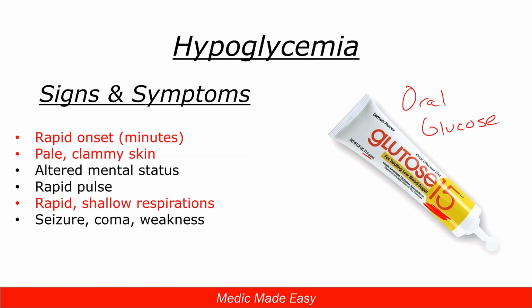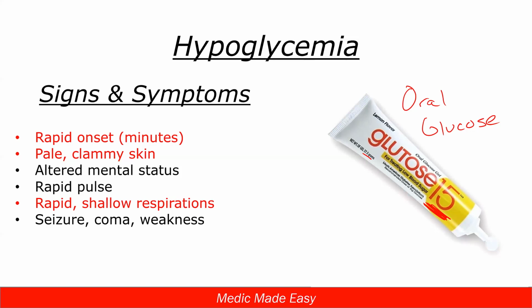Because we're putting it into their mouth like that, though, our patient has to be alert and protecting their own airway. If we're at all worried about their ability to protect their own airway, we're not going to use oral glucose. It's going to be contraindicated for us. Even though we know they need sugar, we can't risk compromising their airway and causing aspiration, where they may inhale some of this down into their lungs, and that's going to cause a lot of damage for us. So it's one that we have to have: the patient has to have that ability to protect their own airway.